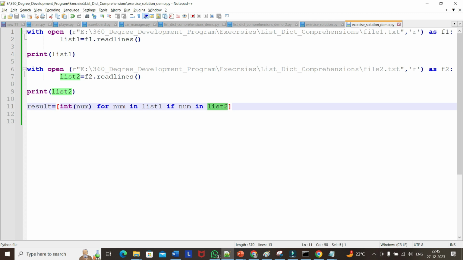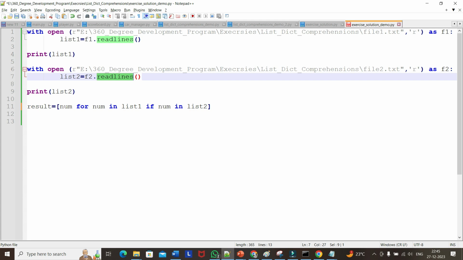So yeah, I forgot that it is an index accessor that I had given before. Instead of doing that, we are just trying to get the elements directly using the for loop. That's why the syntax was not correct. If we remove this integer conversion, because readlines output will be strings, that's why if we run this code,